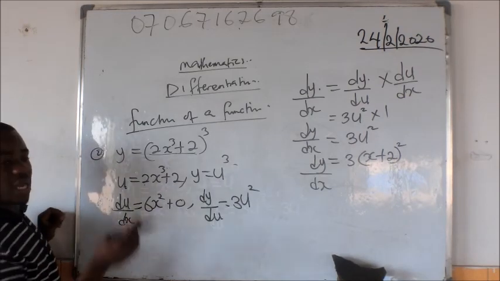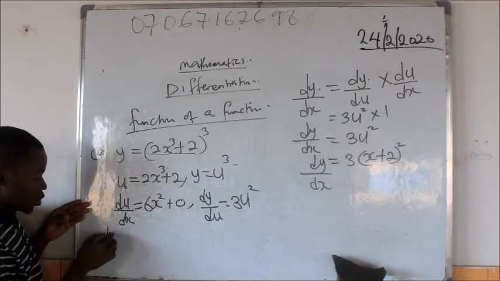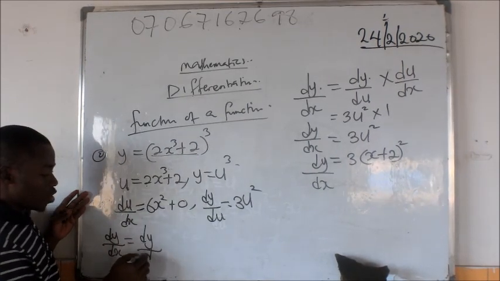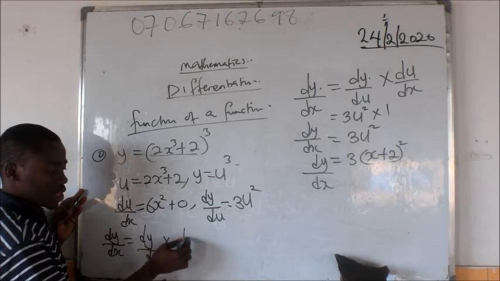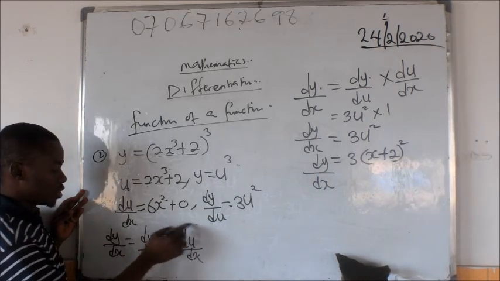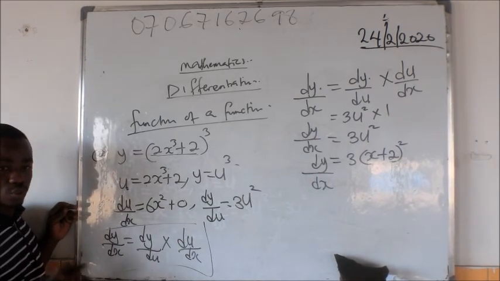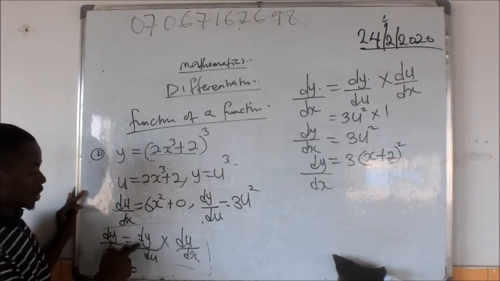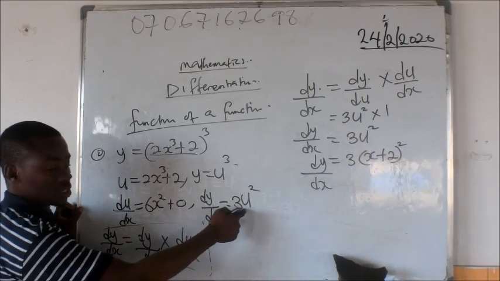So you now use the formula for the chain rule, which is dy over dx equal to dy over du multiplied by du over dx. This formula is very, very important, so you have to know it. Which is now equal to what? What is dy du? dy du is the same thing as